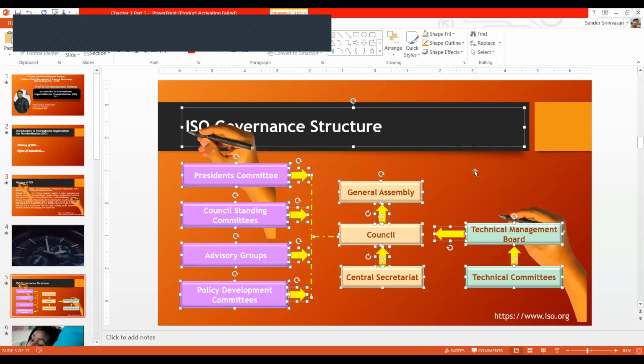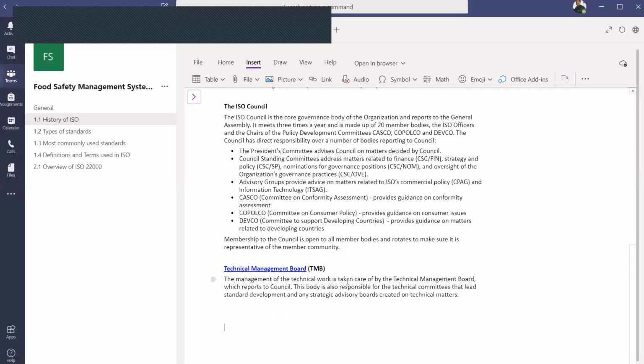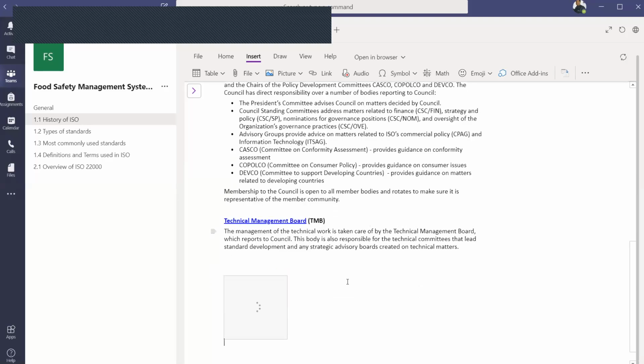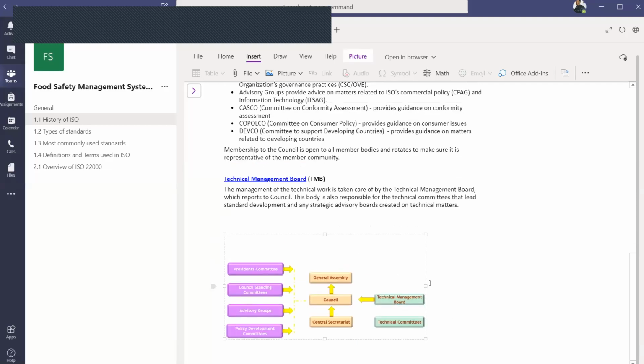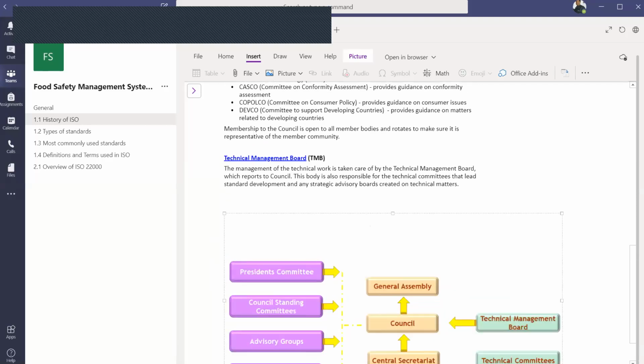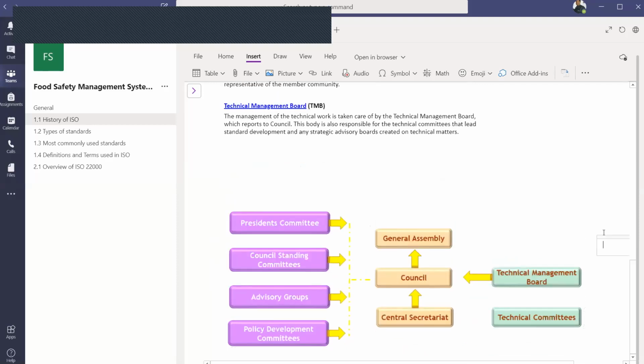I have selected all the elements that are present here, I've copied this, and then I go to that particular place in my notes, and I can place the entire thing over here as it is. And I can make this big also, nice and big. So this also could be referred to by the student, in short, to understand what it is about.